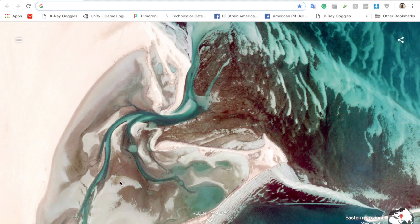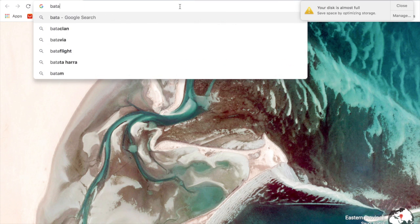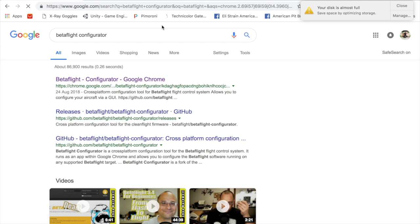Hello everyone, so now that I am in my computer, to download the Betaflight software, all you need to do is type in Betaflight. And search for Betaflight configurator, or just type in Betaflight. Then go on Betaflight configurator, it's the first one that comes up, chrome.google.com. Click on that,